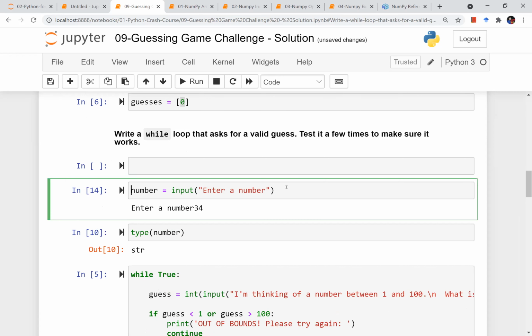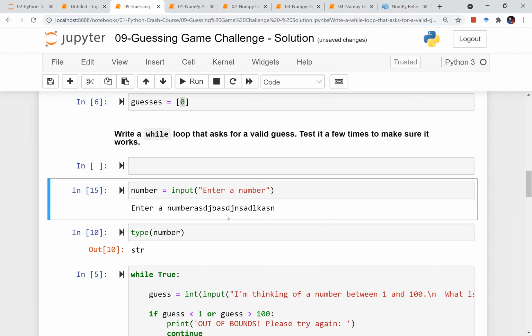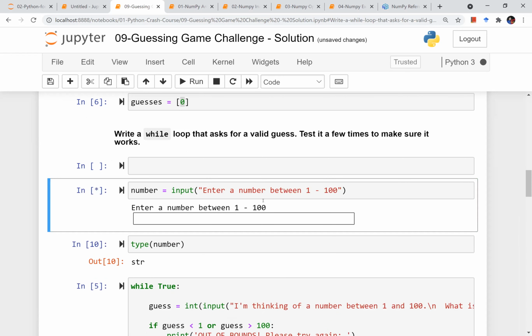So I ask for a number. If I enter integers or alphabets, it will take that too. If I enter anything other than a number, it should print, okay, enter a number only, or enter a number between 1 and 100, right? Someone can still enter something other than a number. So I would need to keep a check, right?